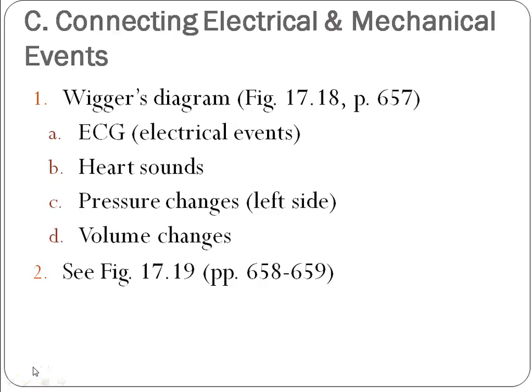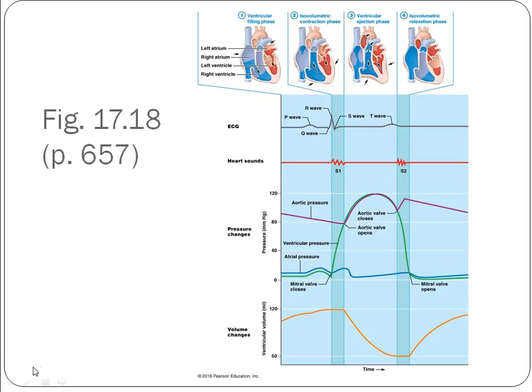In this section, we're going to talk about this wonderful figure called Wiggers diagram that connects all of the things that we've talked about with the cardiac cycle. So this is Wiggers diagram. I am going to tell you that you will be responsible for understanding this diagram, knowing what the lines mean, knowing when things happen, and being able to label some of the events that are taking place as we look